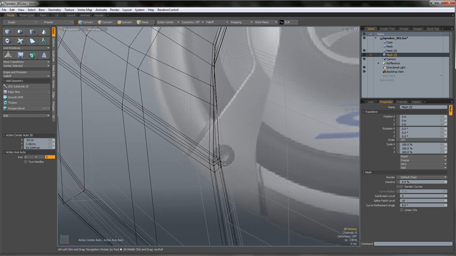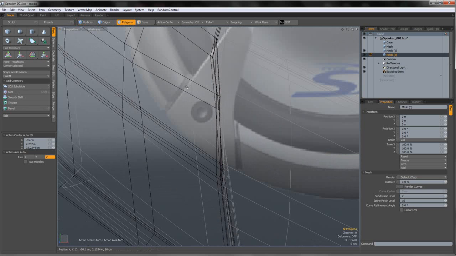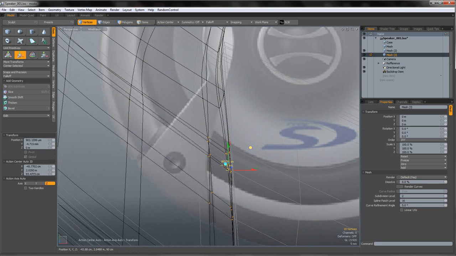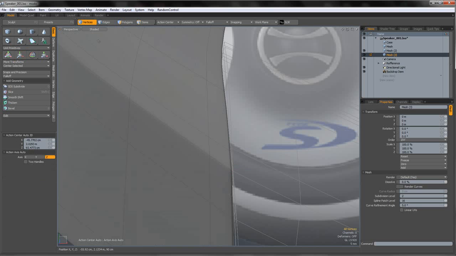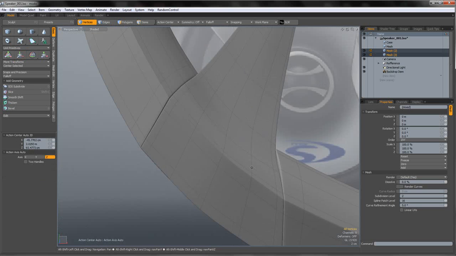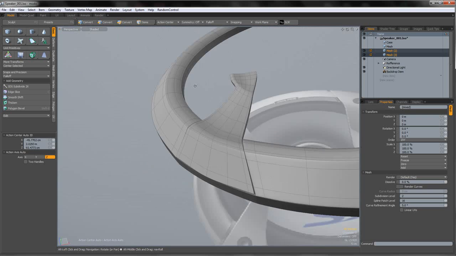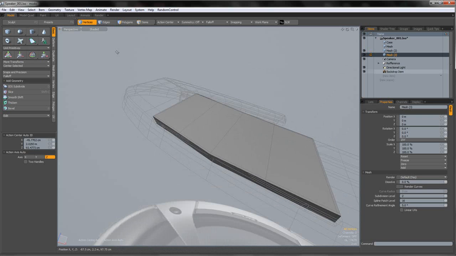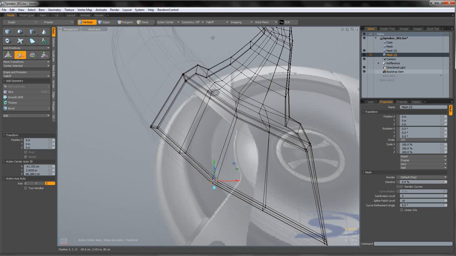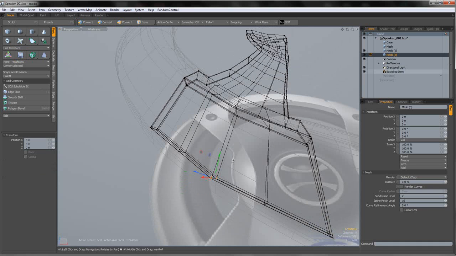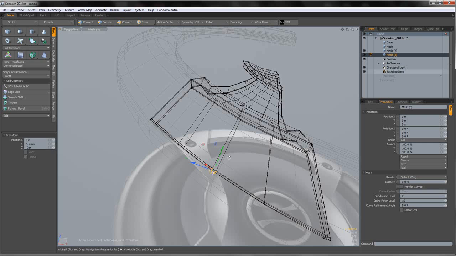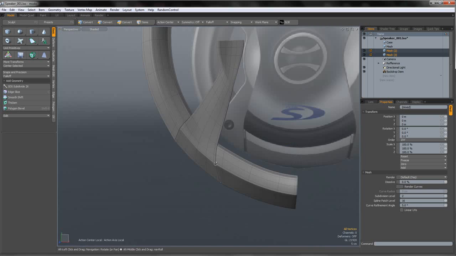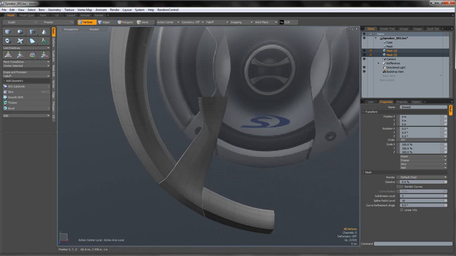Let's just fix this by bringing this like that. We want that sharp angle to be the same. Okay. So that's looking good for now, except for the bottom part, which obviously needs to go up like that. Okay. Now that that's done,